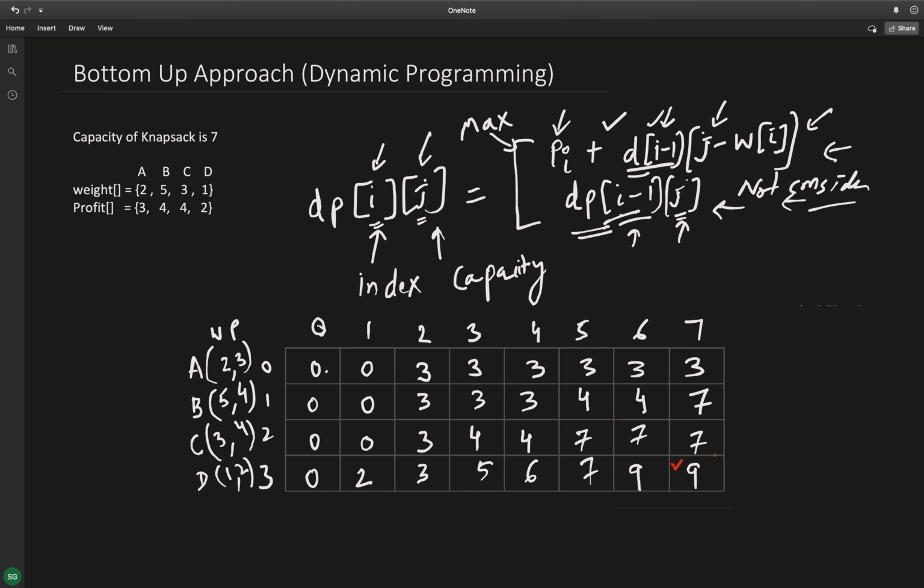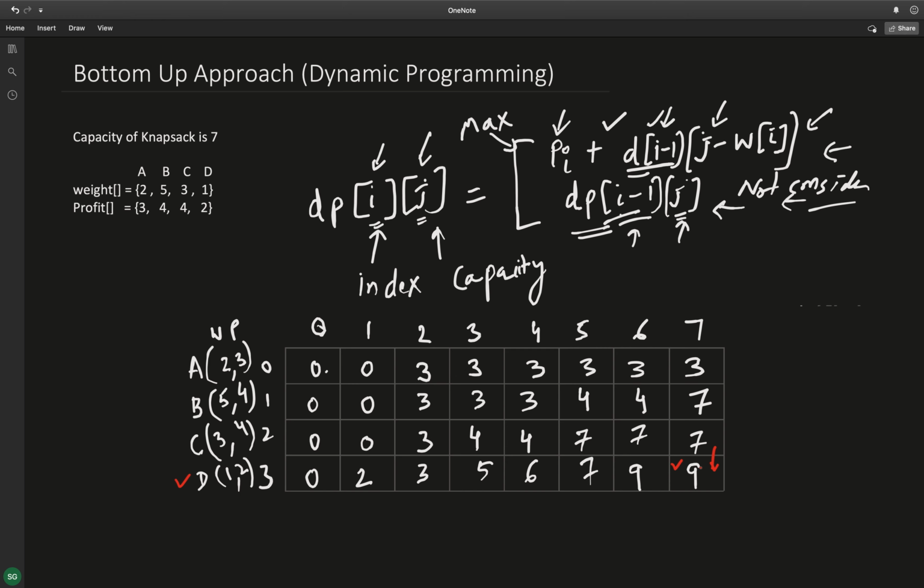Now we will see that this profit value is more than the value in the row above. That means that we would have considered this item, because that is the reason why this value is more than the value above. As this value 9 is more than the value in the row above, that means this item is being considered.